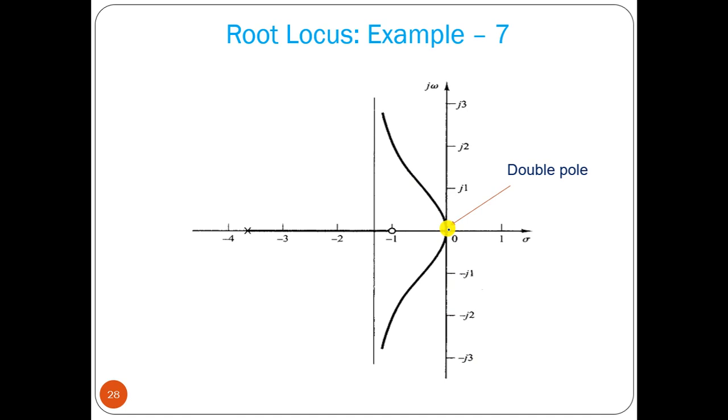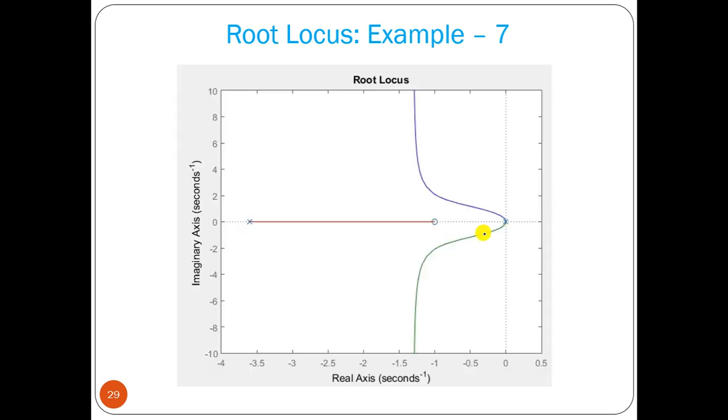We have a double pole at this point, and this is your centroid location, minus 1.3. The only root locus real axis path is this one, because in this area we have three poles and two poles are there, and it will go this way. That is the way to find it out. Now as we have a double pole on the imaginary axis, the system will be unstable. If it is a double pole on the origin, the response is a ramp function. That is another point that you have to remember. This is the plot that we can observe in MATLAB.